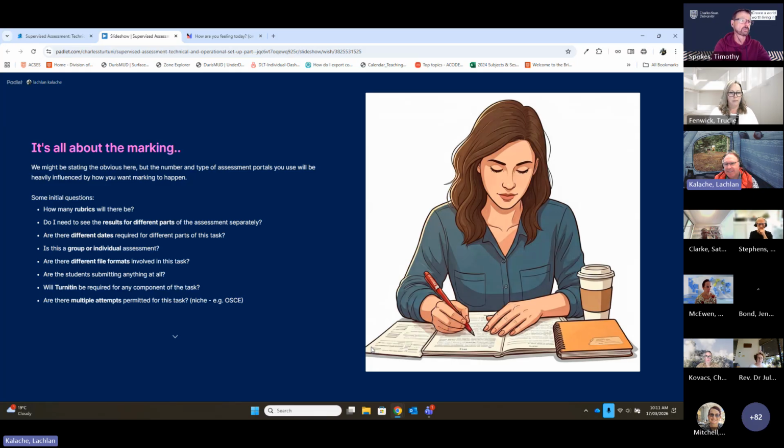Some other obvious ones is Turnitin a requirement for parts of this activity. That will inform the assignment portal setup. And are there multiple attempts permitted? This is a bit of a niche requirement, but in some cases where we have students submitting multiple times, that will also have an impact on how we approach setting up rubrics, gradebook portal, the gradebook and assignment portals. All right, so